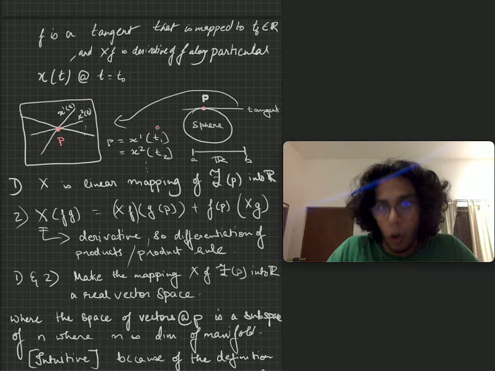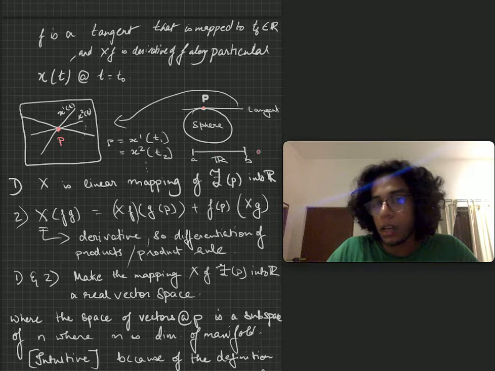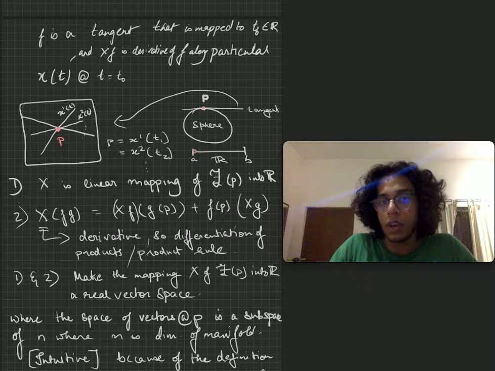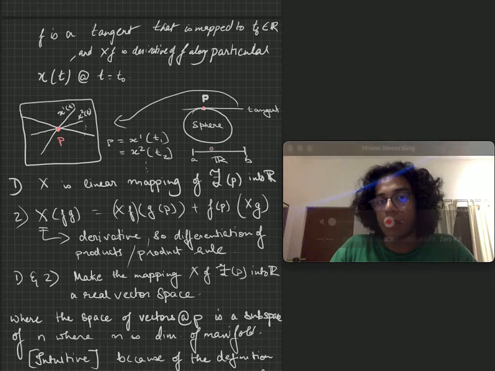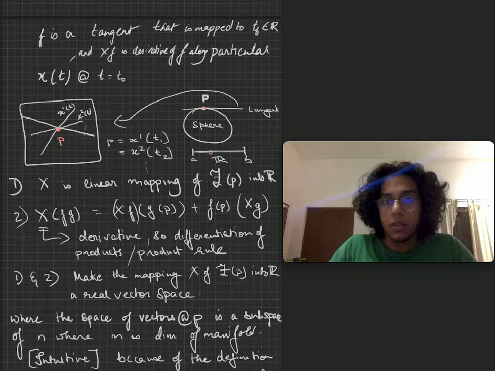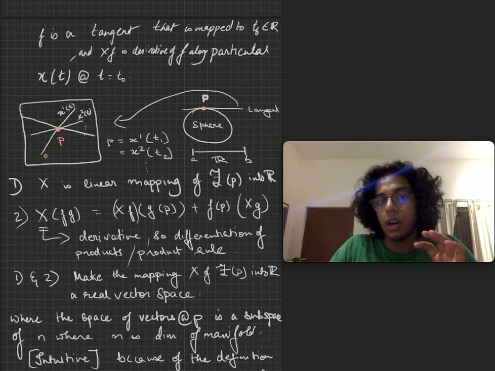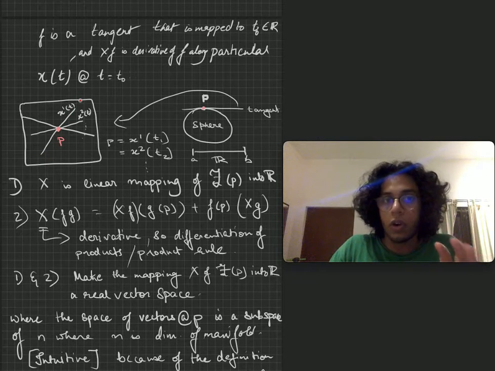So now if you take all such straight lines that range from, say, 90 degrees all the way to 360 degrees, the whole family of straight lines, you can map it in such a way that you have t1 here, t2 here, t3 here, t4 here, all the way to B. From A to B, you can divide it into an infinite number of points, t1, t2, t3, t4 to t infinity, because there are infinite lines here and each line is mapped onto a point in R. So this is basically what it means: you are giving a name to each tangent that you can draw at a point.